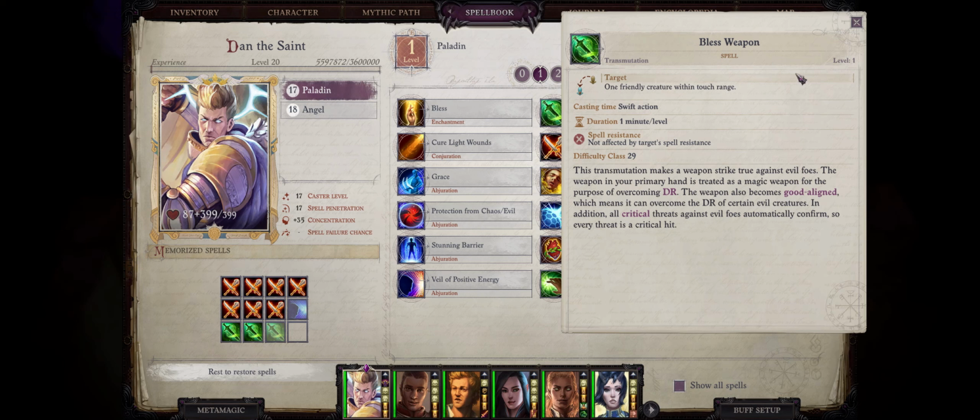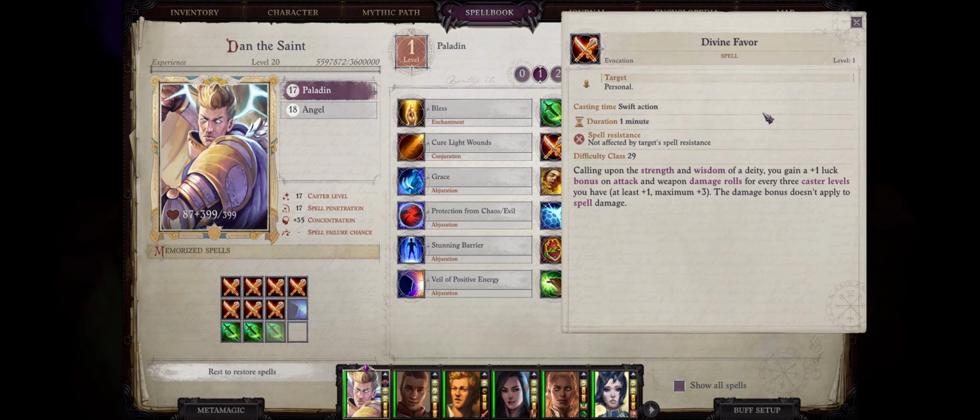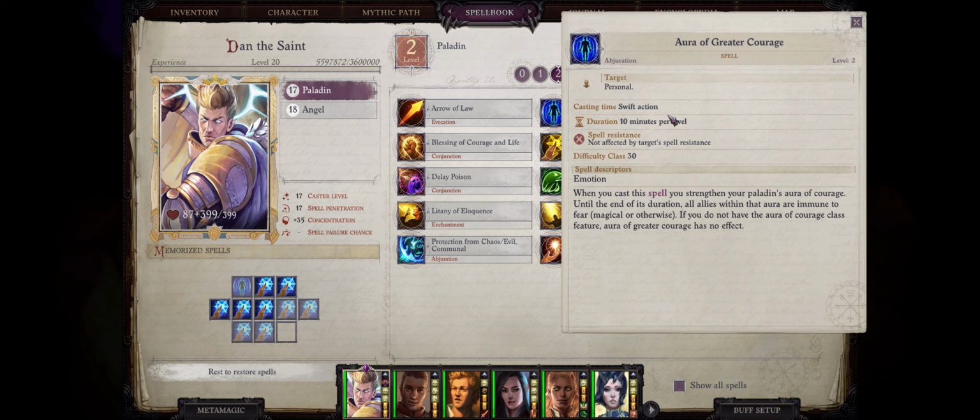Also, Blast Weapon, because this will enchant your weapons to penetrate demons' physical resistance, but we can just use the Covenant of the Inheritor anyways. But most importantly, it does let your critical hits automatically confirm against the enemy. And lastly, Divine Favor, of course, one of the best self-buffs in the game to increase both your attack bonus and damage rolls. For level 2 spells, first, Aura of Greater Courage, to make your entire party immune to fear,